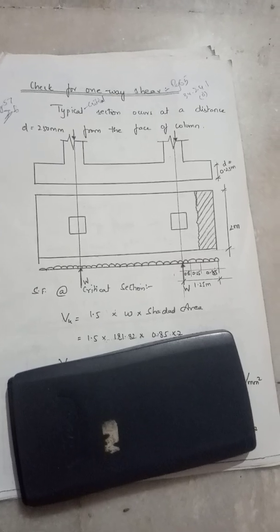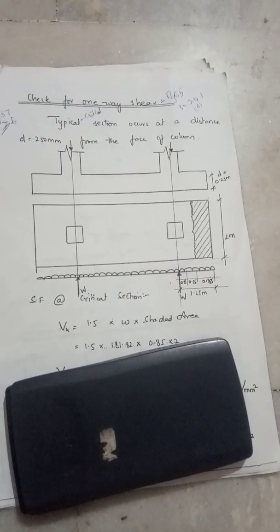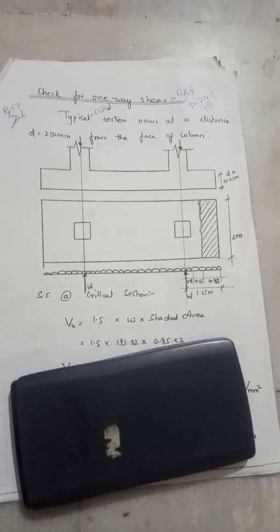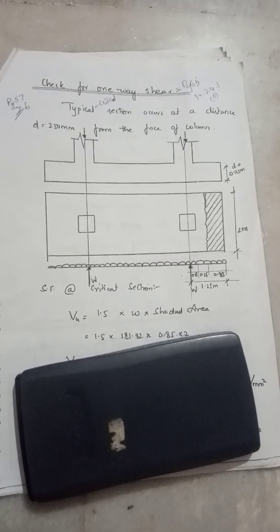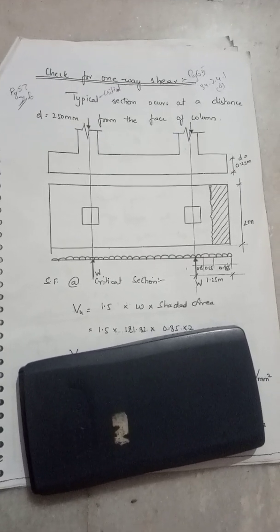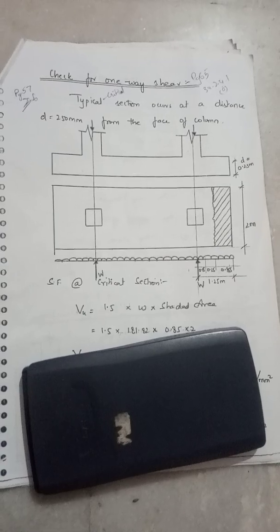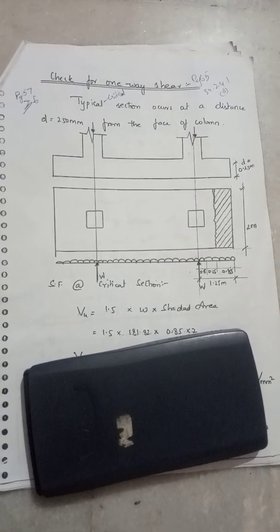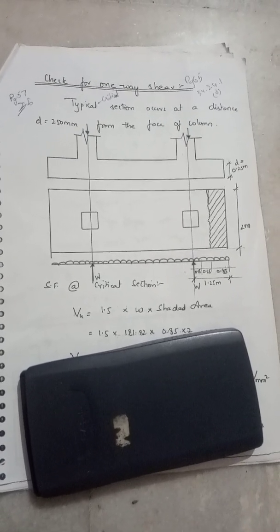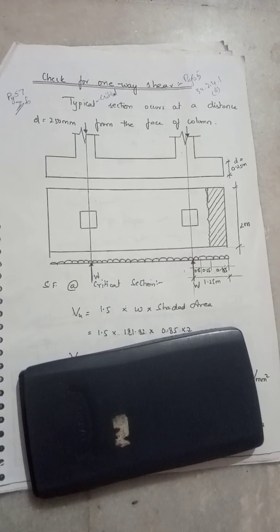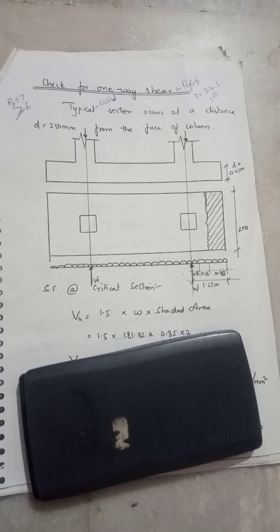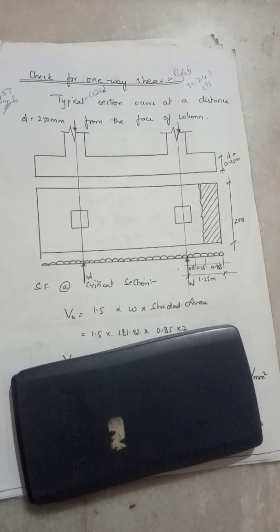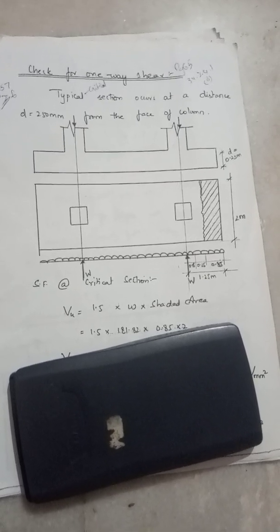After that, we had calculated the cantilever part at the face of the column. At three places we have to find out the moment, as I had told you all: at the face of the column, and at the central part where the shear force changes its sign, that is the point of contraflexure where shear force becomes zero.